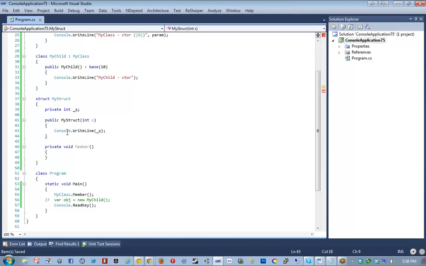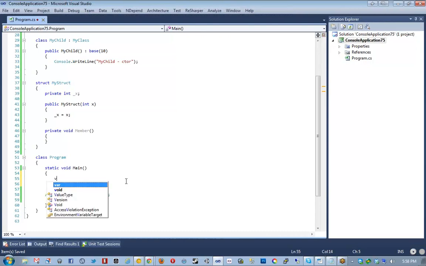Okay. So remember, in a structure constructor, you must assign every single field to a value before you can either exit the constructor or use other members. So this is as simple as doing this. In this particular case, all I can do is X equals X. And now you'll see, if we try to instantiate my struct,